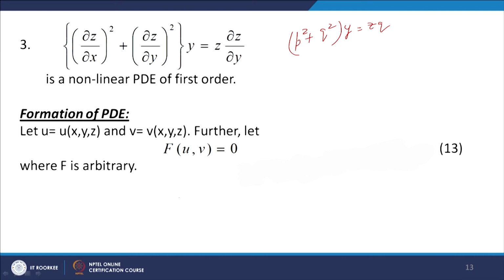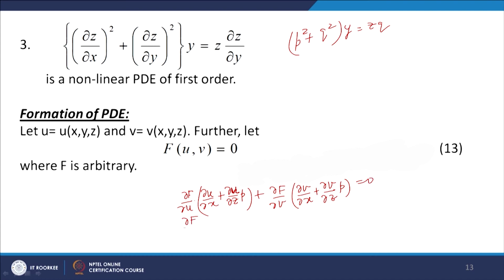So, when we differentiate with respect to x, we will have the partial derivative of f with respect to u into (derivative of u with respect to x plus derivative of u with respect to z into derivative of z with respect to x) plus derivative of f with respect to v into (derivative of v with respect to x plus derivative of v with respect to z into derivative of z with respect to x, which is p) equal to 0. So, similarly, when we differentiate this with respect to y, we get